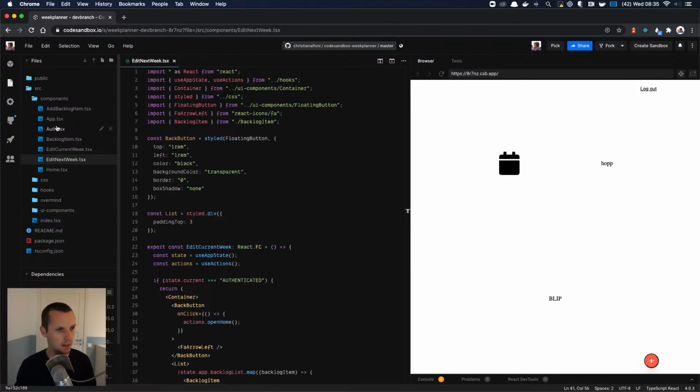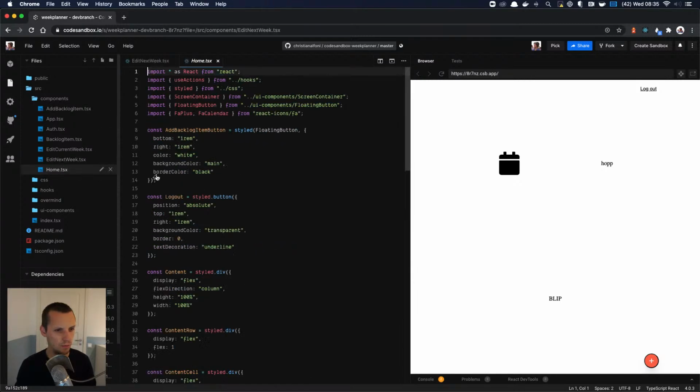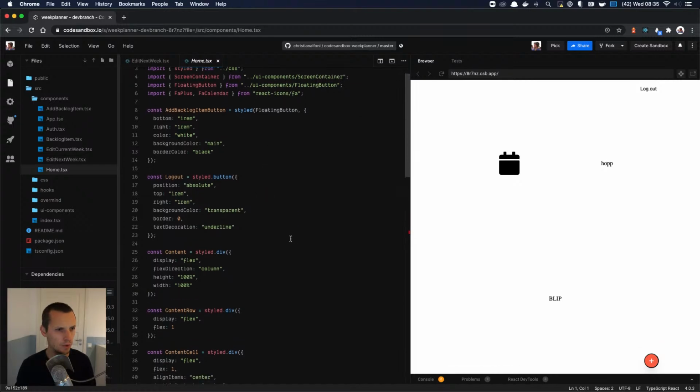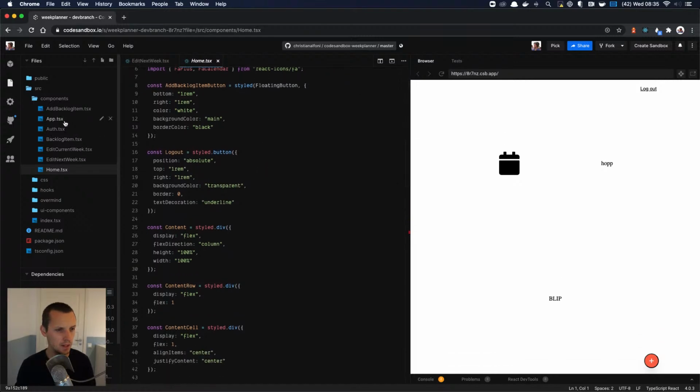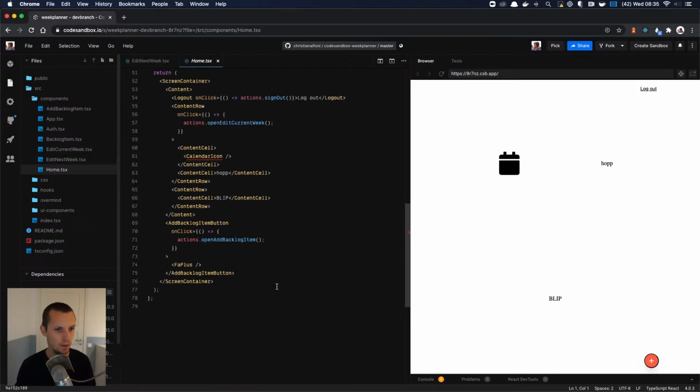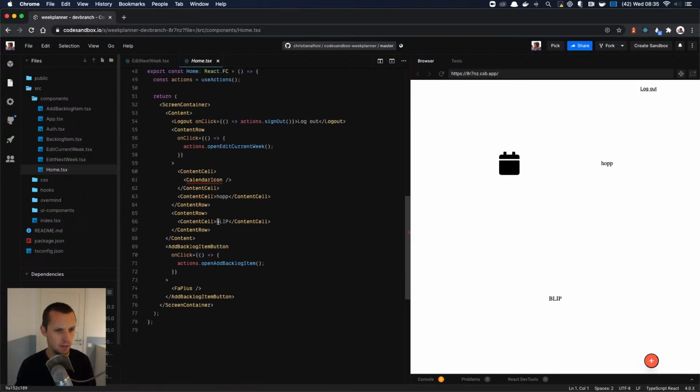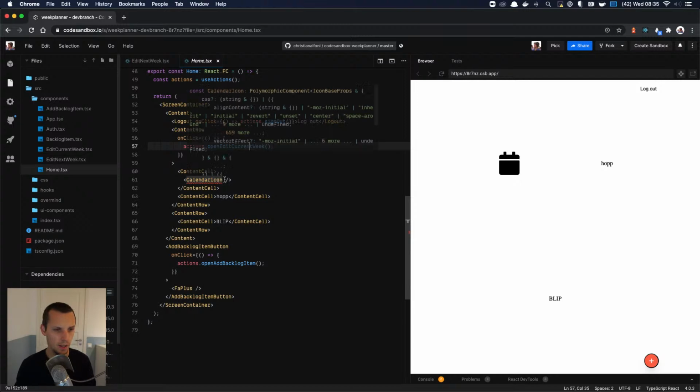Cool. And then in our home component, is it in our home component or is it in our app component? Let's see, content row, open, edit, current. Oh yeah, sorry. Of course, we just have the icon here.